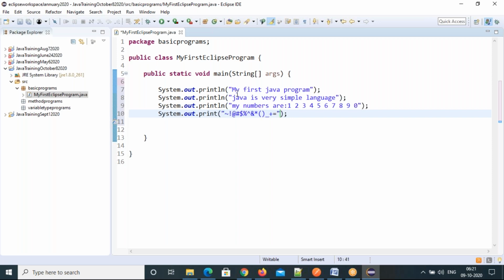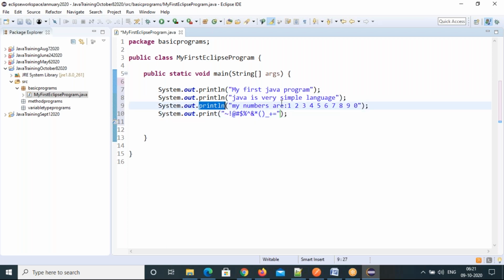But println prints whatever statement you have given inside double quotes or inside these round brackets, and the cursor will move to the next line. That's the difference between print and println.